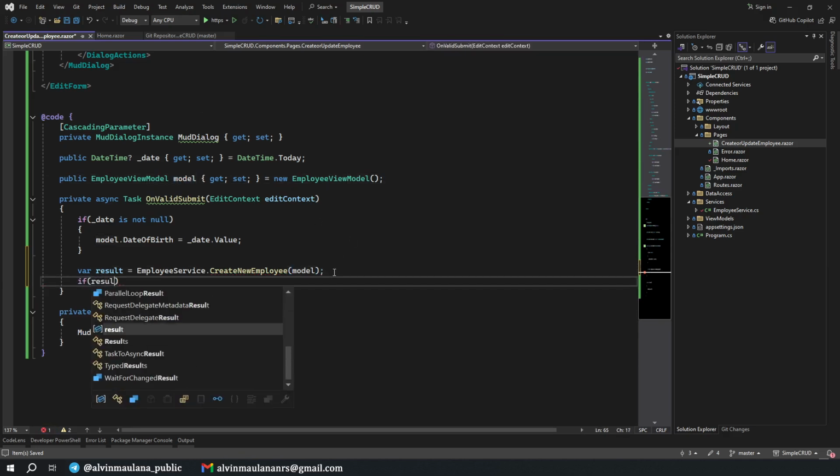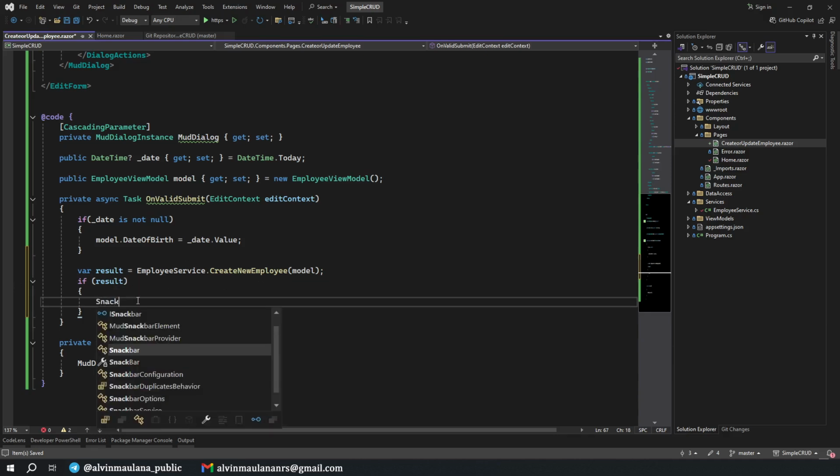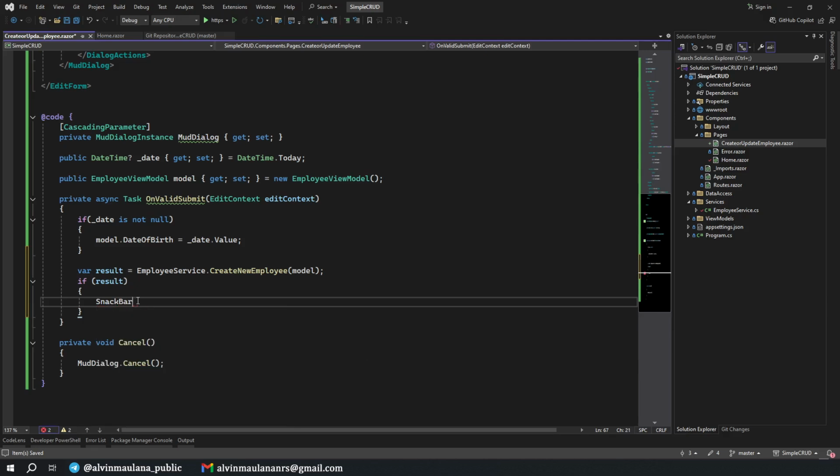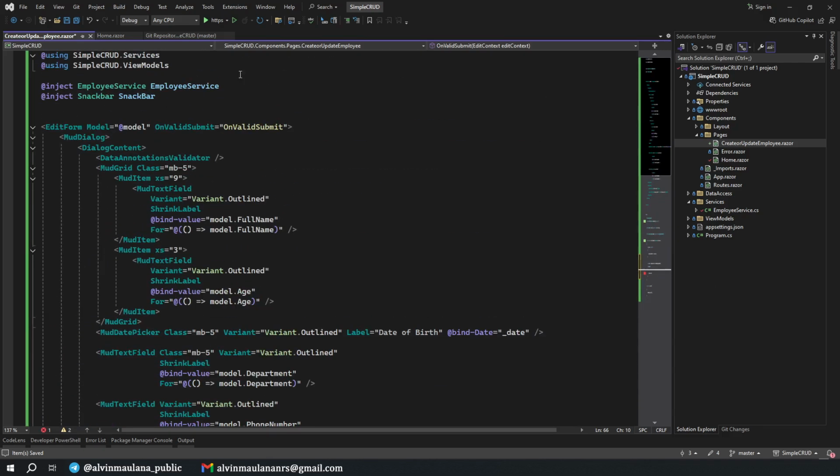And then if result is true, okay, this is boolean, so if true, then it means created successfully, and we will have a snackbar. Why is it not having a snackbar? Okay, let me see, snackbar.